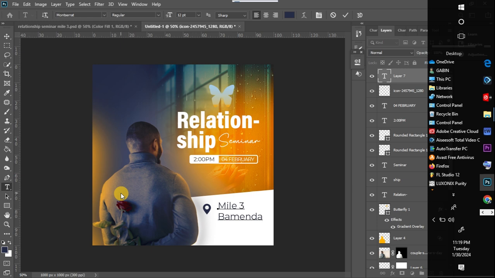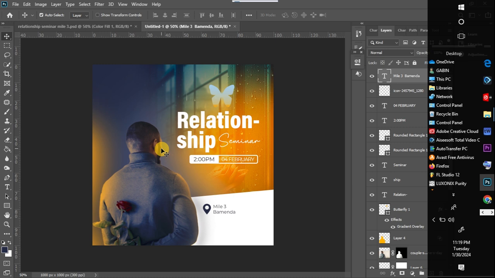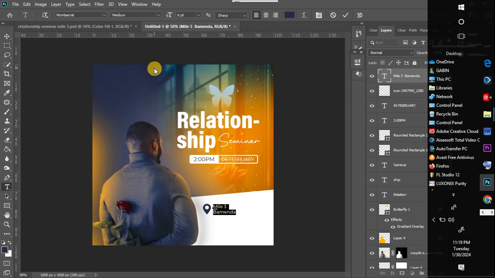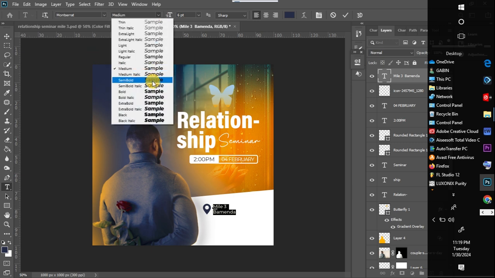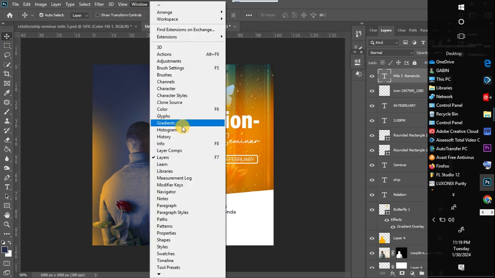Bamenda. Select everything, reduce my font size a little to 16. Position it here. So I'll just select the text and maybe I'll use a medium, or let's say semi-bold for that. Then I'll go back to my shapes,